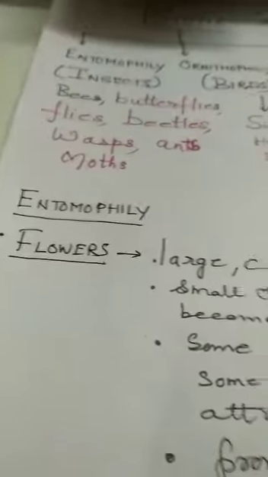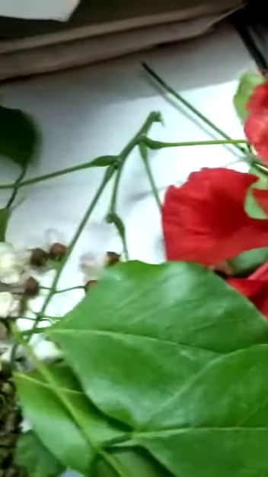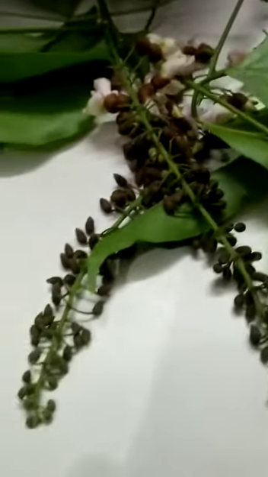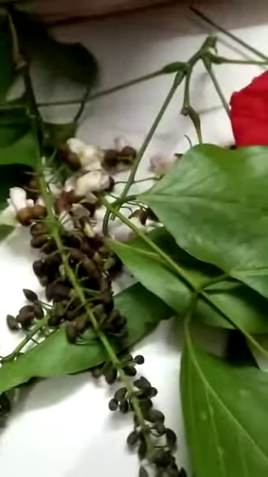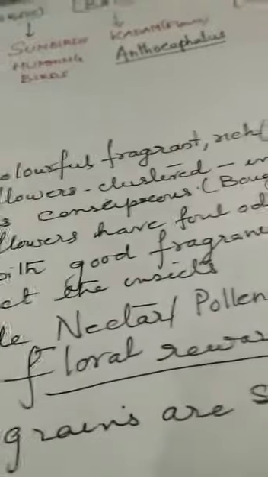So here we'll learn about these insect pollinated plants and what is the speciality of those flowers. Here you can see they are very colorful, and these are all insect pollinated flowers. Nowadays there are lots of butterflies that come for pollination, they carry the nectar and move from one flower to the other. They are very colorful and fragrant. So let us see the features of this one. They are large, colorful, fragrant, and very rich in nectar.